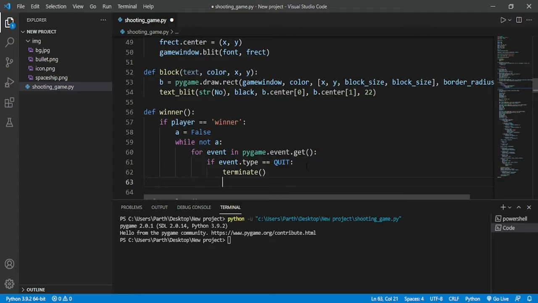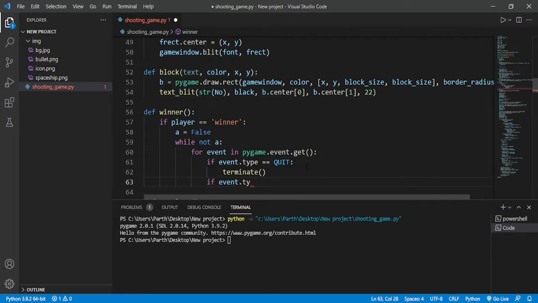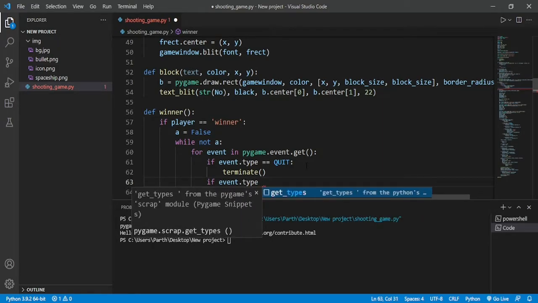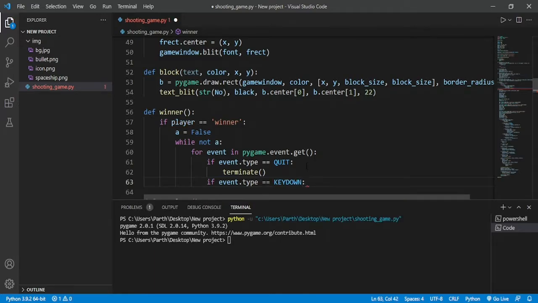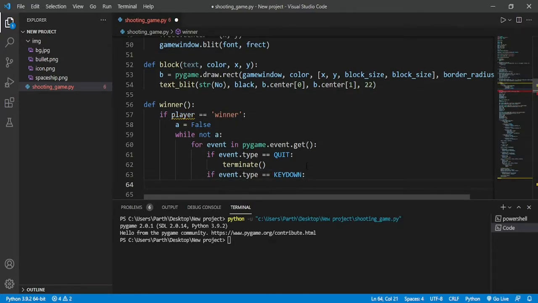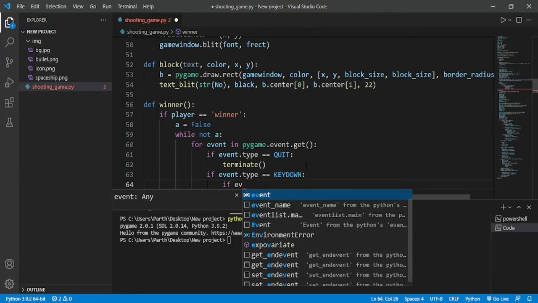Okay, we are going to handle two keys from the keyboard. First is going to be the escape key. For that, event.type is equal to KEYDOWN. Whenever somebody is pressing a key on a keyboard, this event is going to run and it is going to detect which key.